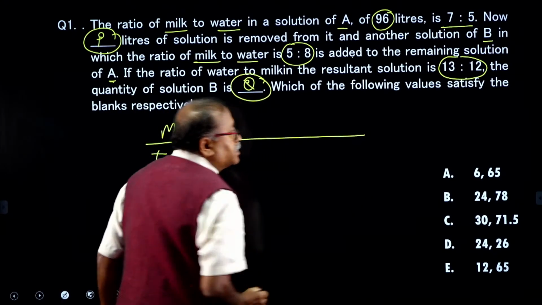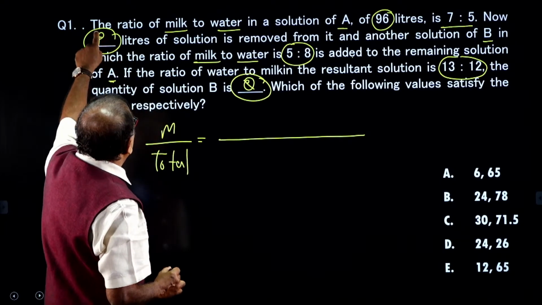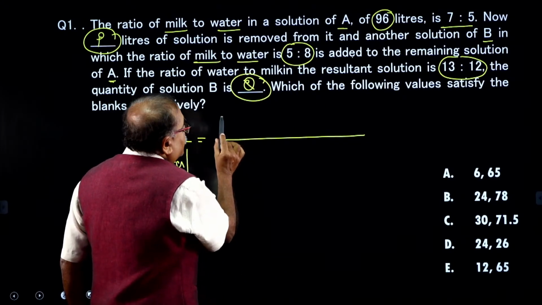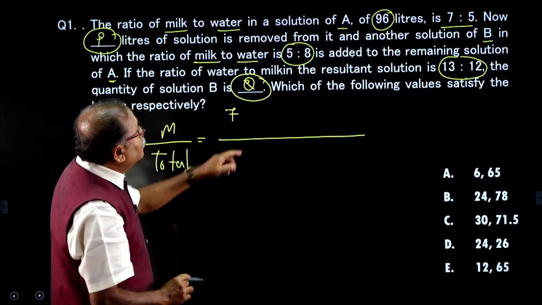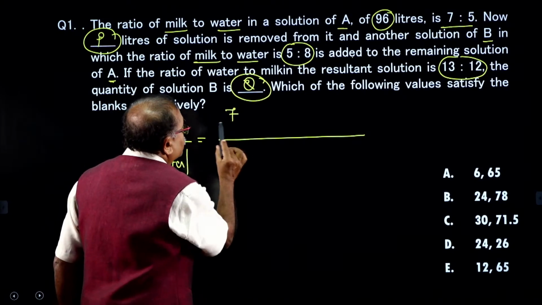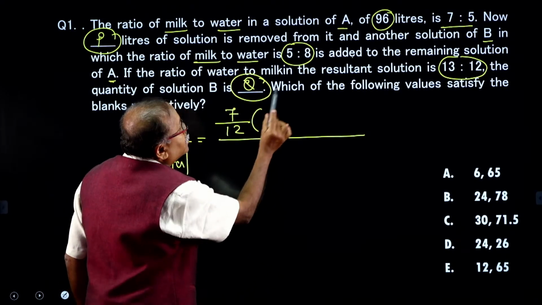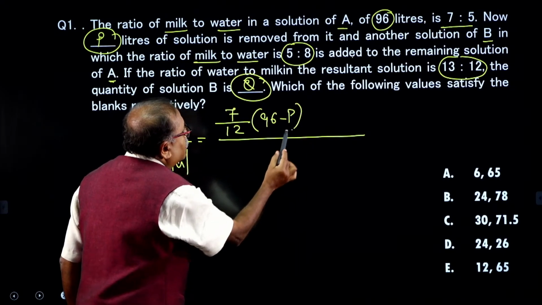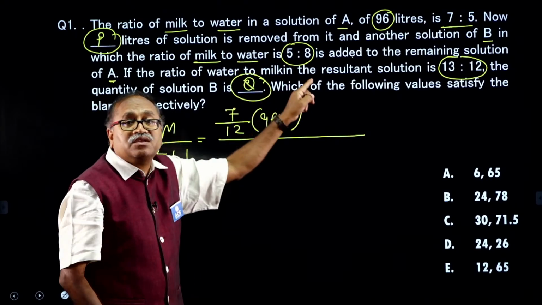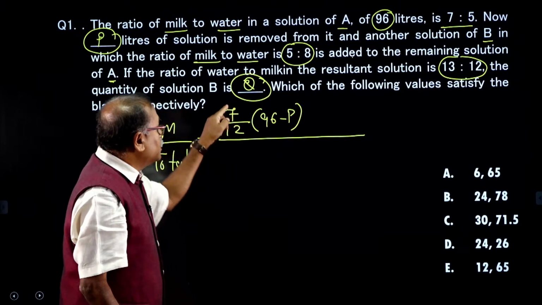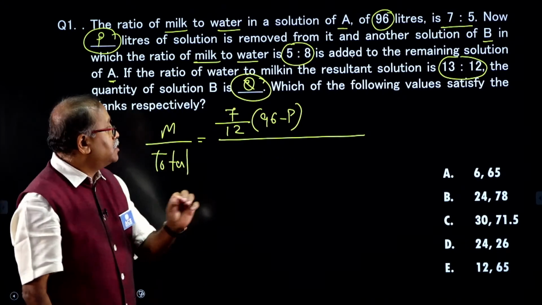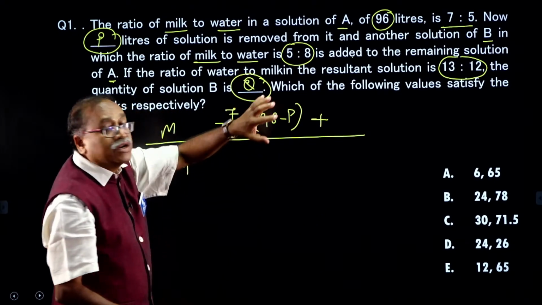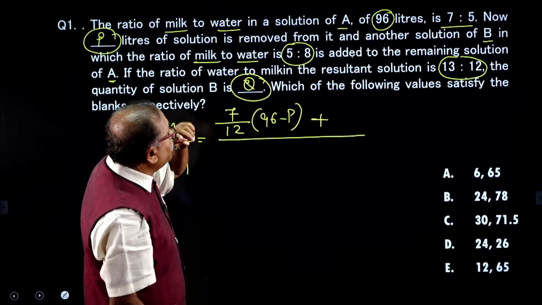Look at this, what happens here: from 96 liters, that is a mixture, 7/12 of the total mixture is milk, and from there you have taken out P liters of solution. So, (96 minus P) times 7/12, that is the milk here, and plus